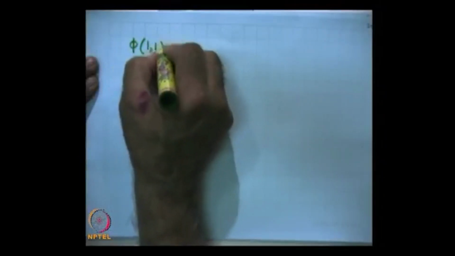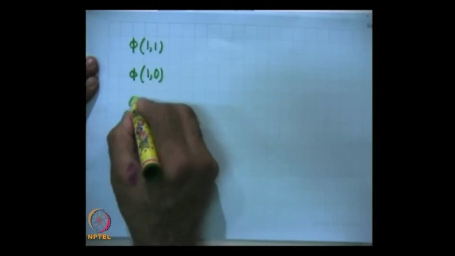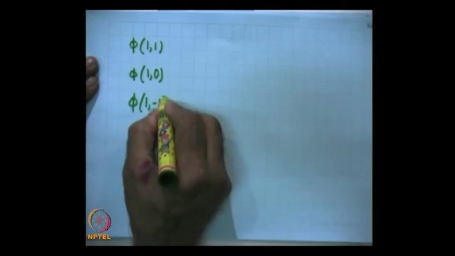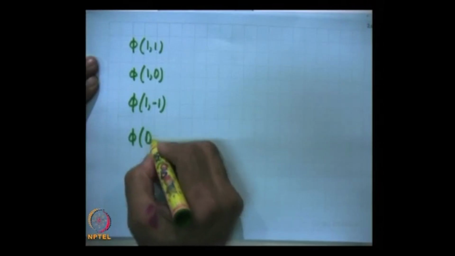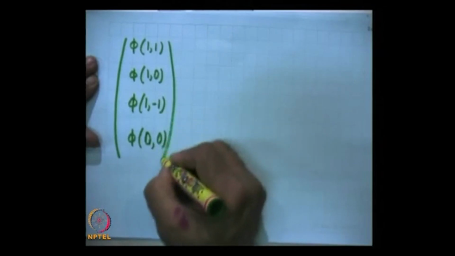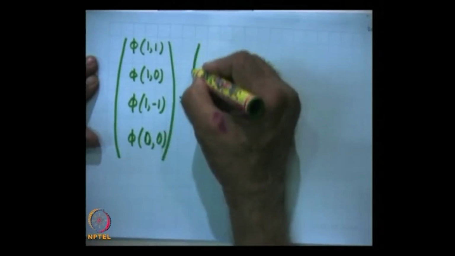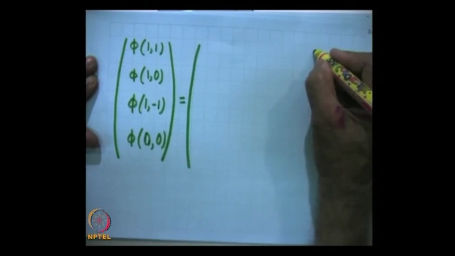Finally, I also write this down in the form of a matrix. So, I write this as phi 1 comma 1, phi 1 comma 0, phi 1 comma minus 1 and phi 0 comma 0. This I write as a column matrix. This is equal to a square matrix,